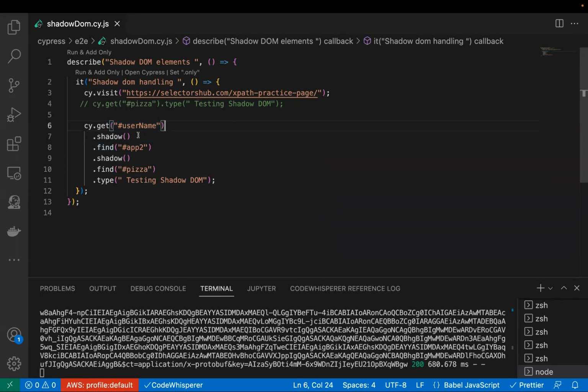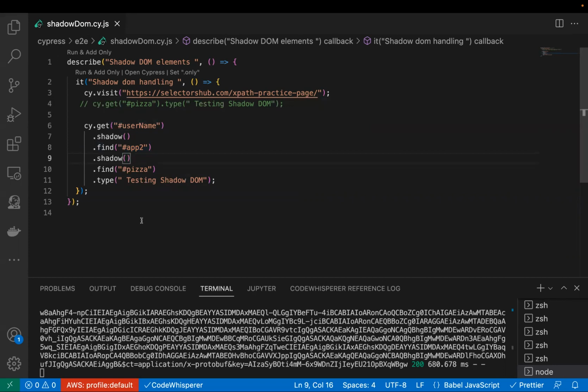So for accessing the shadow root, we use .shadow. Inside that, we try to find the other locator, because we have to traverse the DOM to go to the exact location. We have to find it step by step. Okay, then we use this .find, and after that we saw there is one more shadow root. That's why we are using one more .shadow.